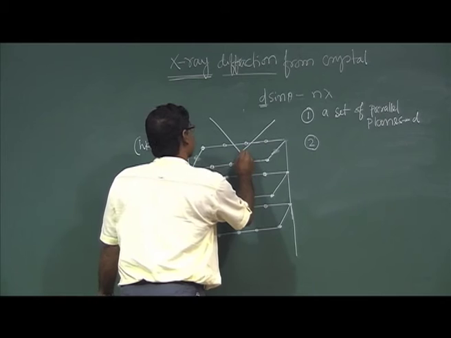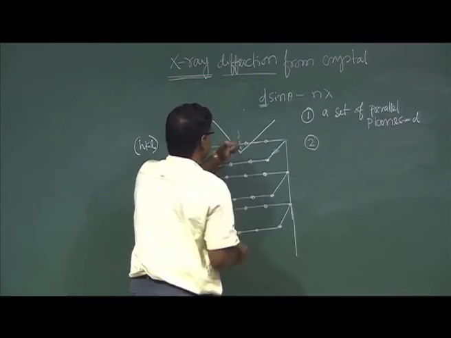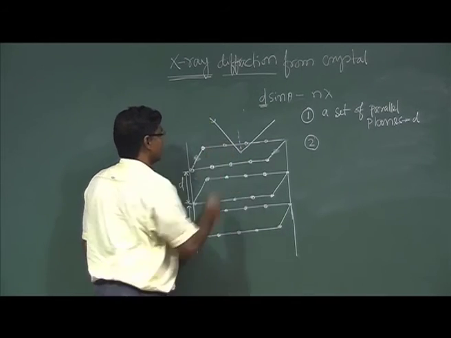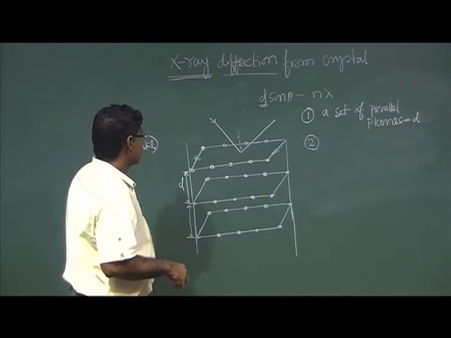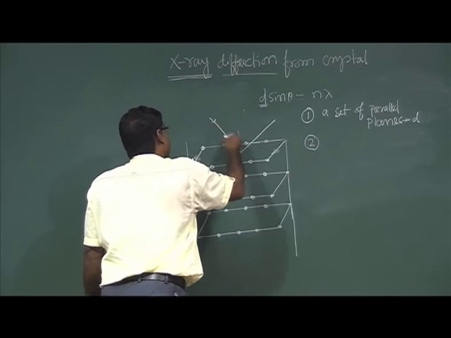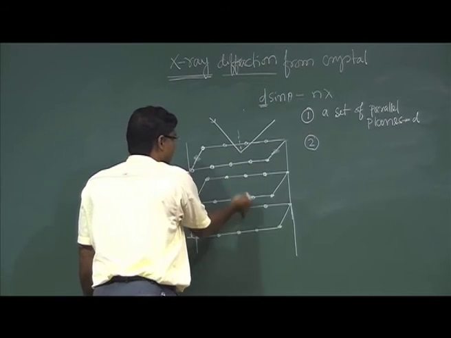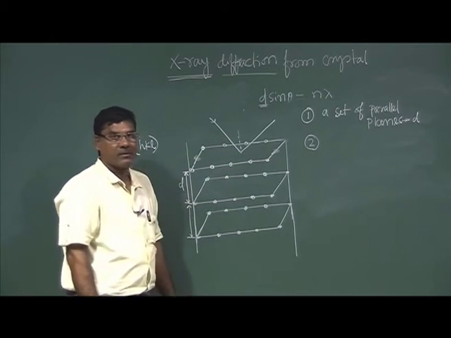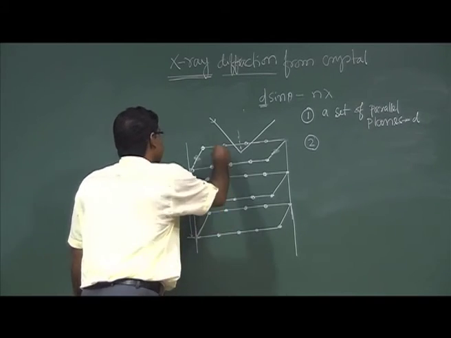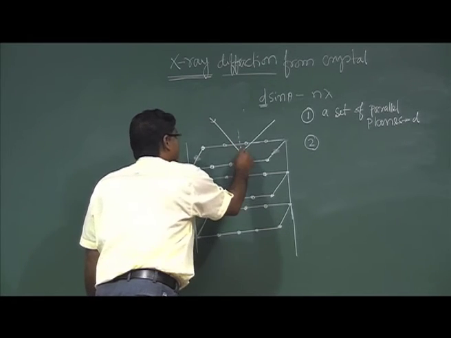This is the perpendicular to this plane. Another ray is falling too. The beam of X-rays is coming, so it has many rays, and it falls on all the crystal planes. If I consider this second ray...